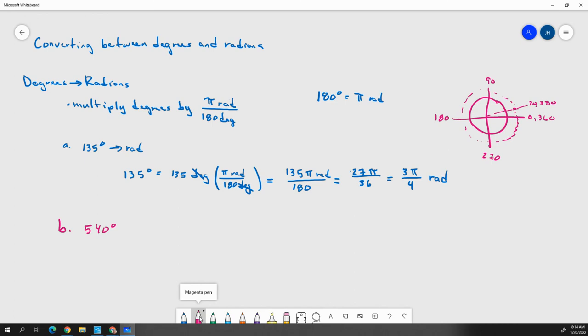So it'd be like we went all the way around the circle and then halfway around the circle. Does that make sense? It's still going to stop in a similar spot, so those would be equivalent angles. But that's irrelevant to converting it from degrees to radians, because we're still going to use the same formula. We're going to multiply our 540 degrees times pi radians over